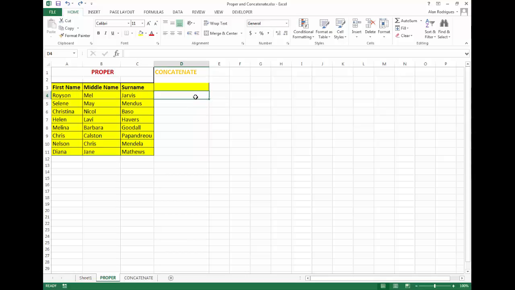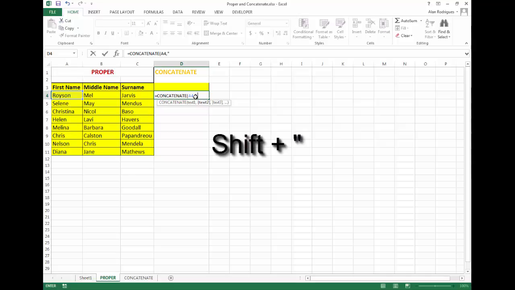Again, we'll start with the equal sign. Start typing the formula. Here we go, we got it. Press Tab. Open parentheses. Now go to cell A4, comma. And for the space, you need to type shift quote, space, shift quote on your keyboard, comma.